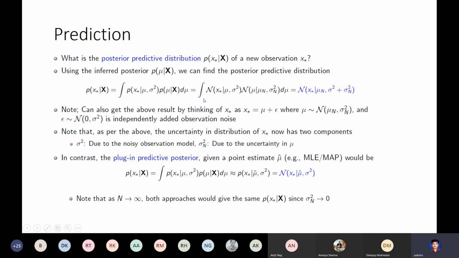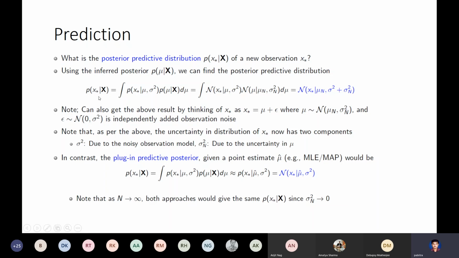Here again, if you plug in what you have already estimated, the first term is the likelihood, and the second term is the prior, mu given x. If you multiply them, you again get the expression for the PPD, the posterior predictive distribution,